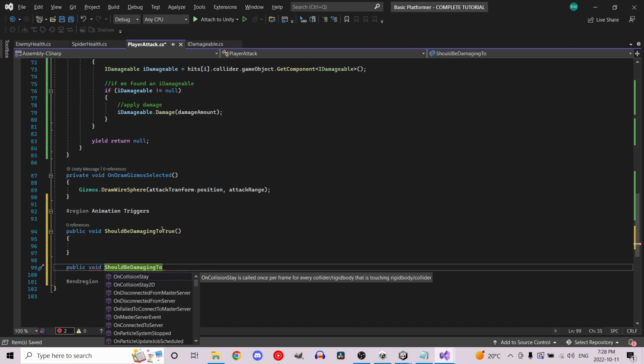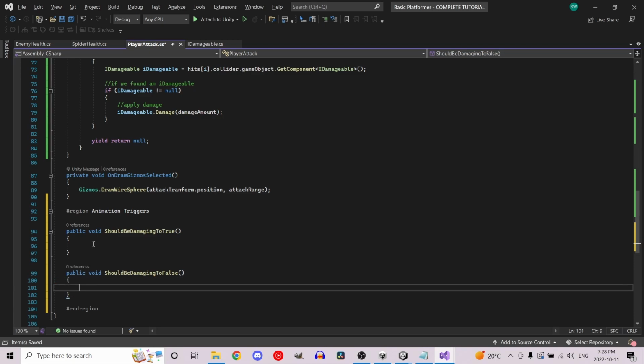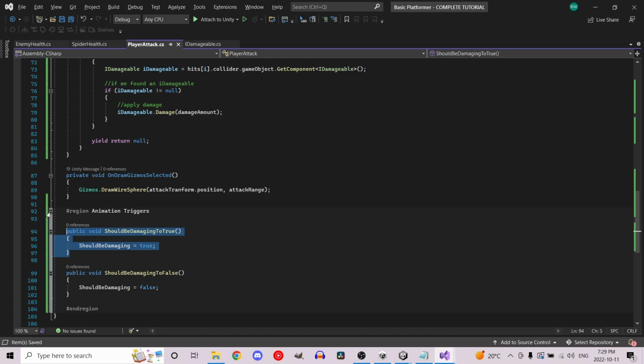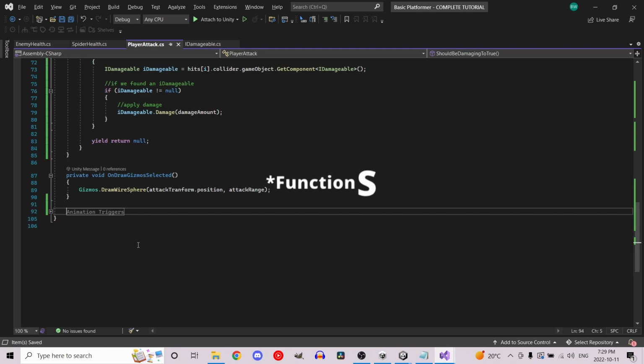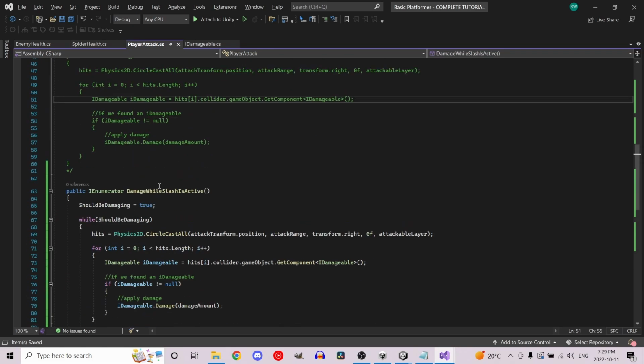And another public void should be damaging to false. And in here, I'm actually not going to use this, but we'll leave that there in case you want to do something with it. And creating a region just allows you to minimize all of your functions within that region. So we're getting close. Now, this actually is not being called anywhere, but we are going to call it in